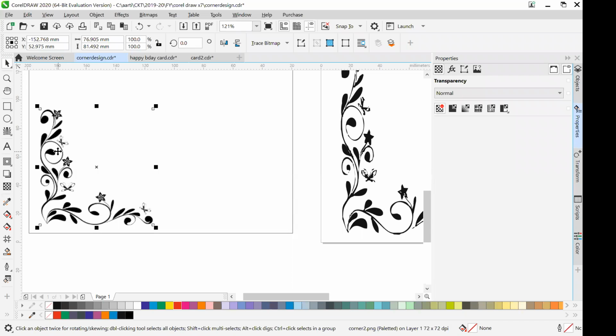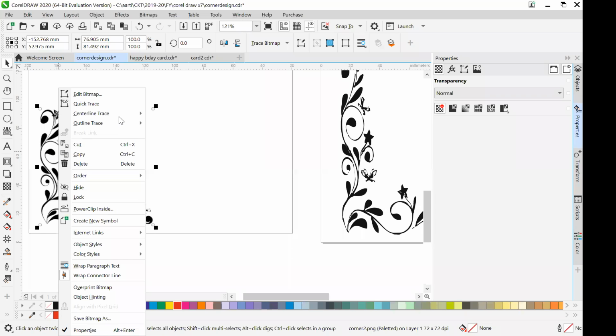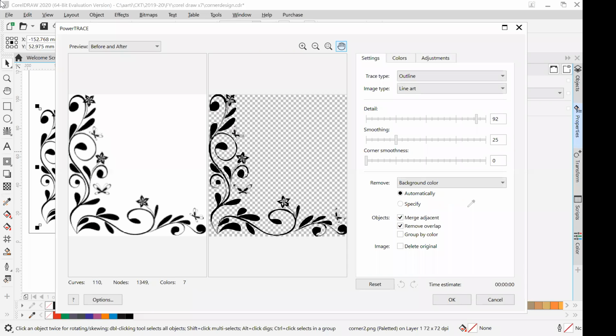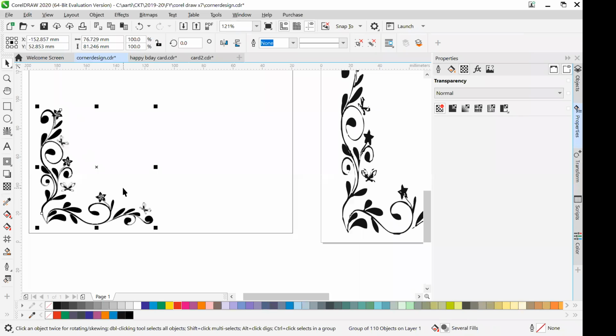So what to do? Simply click it, select it and right click, and once you right click it, you need to trace it. How are you going to trace it? Right click, outline trace, and click on line art. It will automatically remove all the background from your image, and it will give you a pure proper image which you can manage. So simply nothing you have to do. Select an image, right click, outline trace, and go inside line art, and then click on OK. Once you click on OK, the new image will be created.